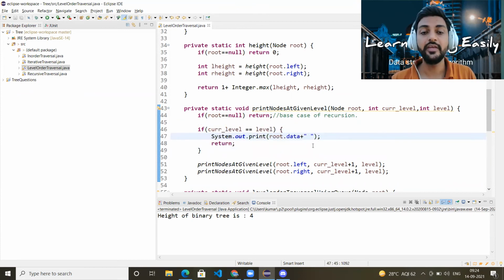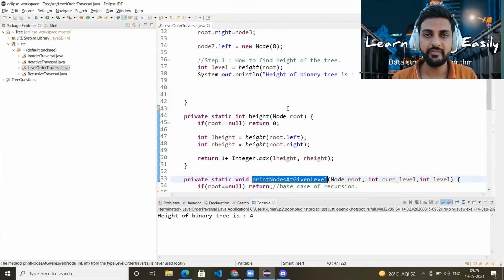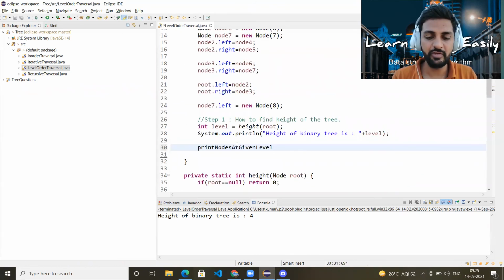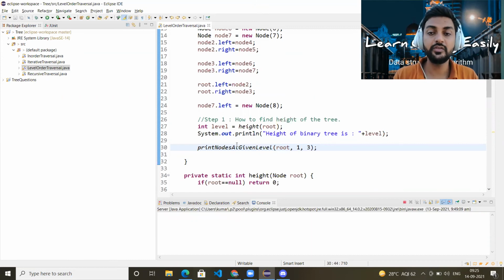All right. Now, if you are going towards the left side, you need to increment the current level by 1. Once you are going towards the right side, you need to increment the level by 1. All right. Very simple, right? So let us quickly run it and we can test it. So here, if I pass root and the current level always starts from 1, and we want to print, let's say, nodes at level number 3. How to do that? So if we run this, we'll see,